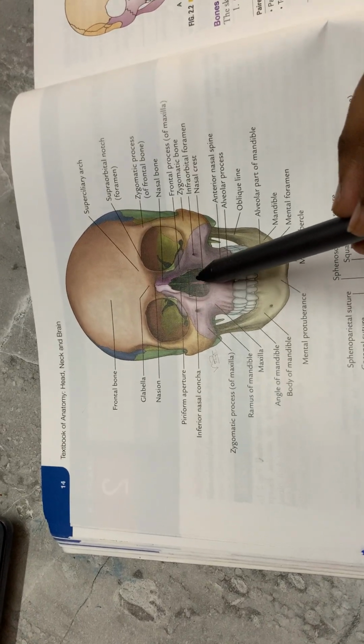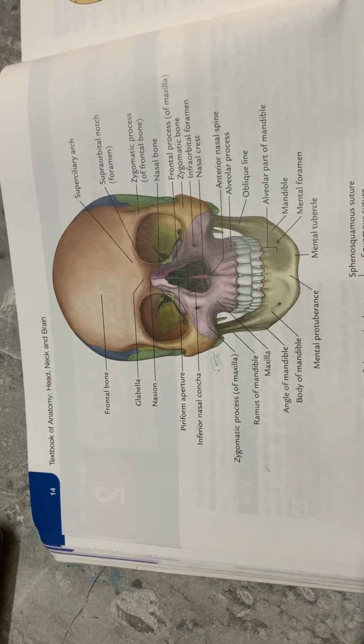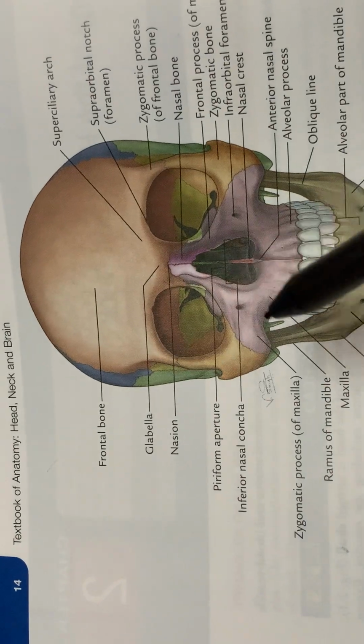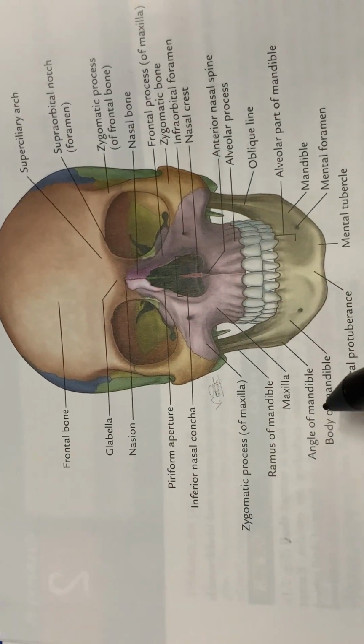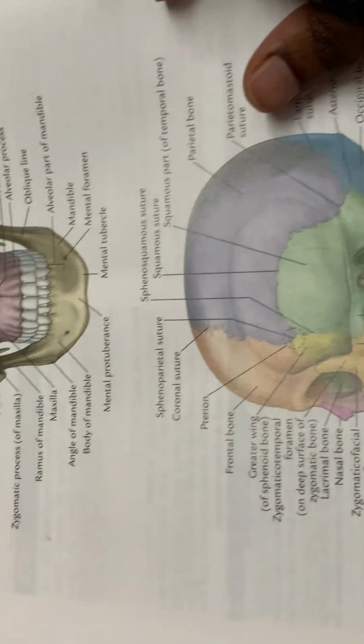And if you see here, you can see two structures like this. So that is the inferior nasal concha. So these are the bones in the front, and then if you see the side